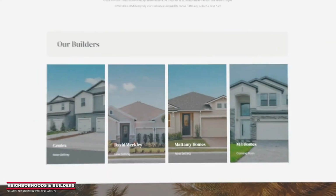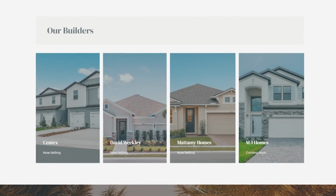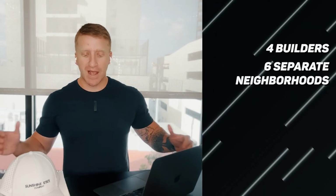All right, now let's talk those neighborhoods and builders. So as I alluded to in the previous section, tons and tons of variety here. Four separate home builders, new construction builders, are currently participating in the Chapel's Crossing venture. And these guys are all real staples of Southwest Florida real estate. They build in Lower Tampa, Sarasota, Naples, etc. Across those four builders, you're going to have about six separate neighborhoods to choose from, and they really span the